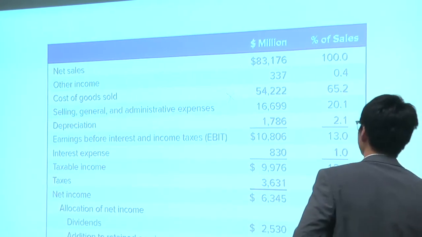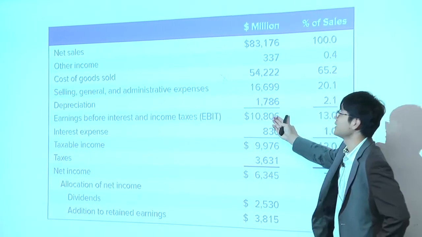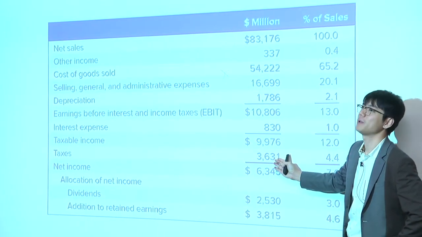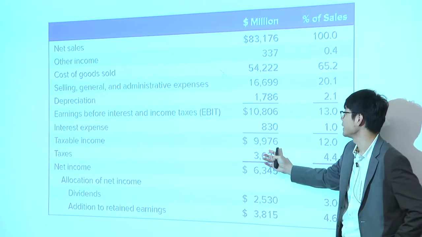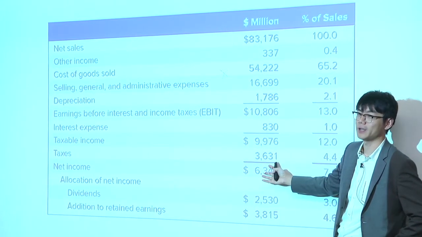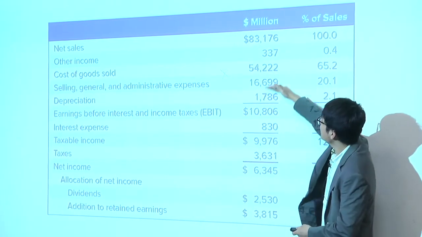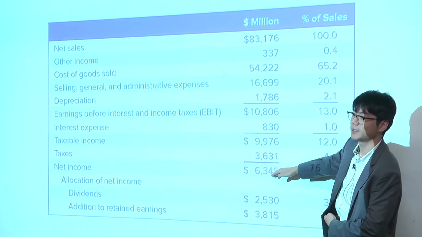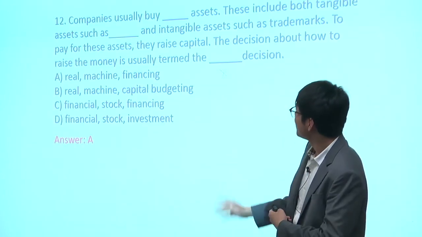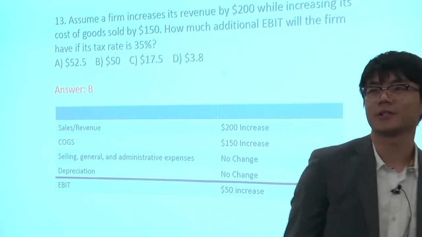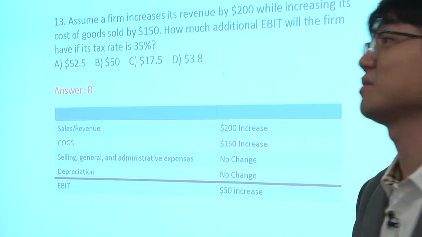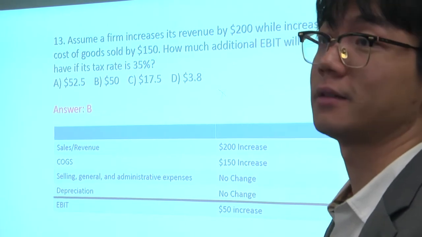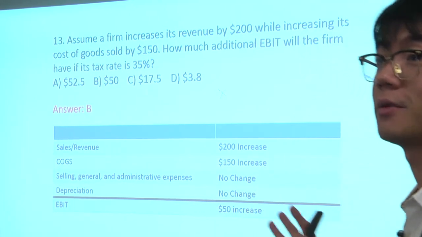Let's rewind a bit. This is where EBIT is. This is where the corporate tax is. They have some association in determining how much tax you have to pay later, right? But to calculate EBIT, we never reach tax, right? Tax is after. So even here, it's very generous. It gives you a 35% corporate tax. It's hardly going to be used in calculating this EBIT. So that's redundant information in this question.